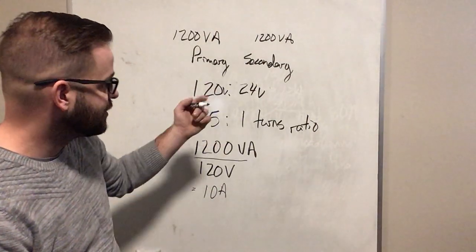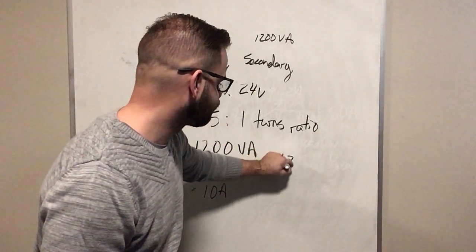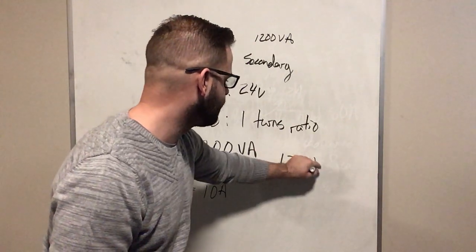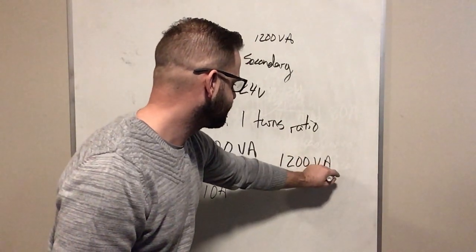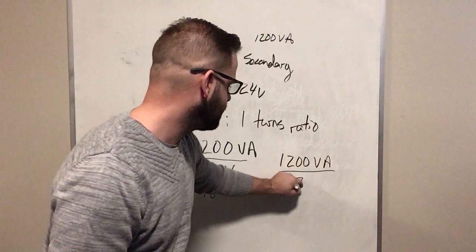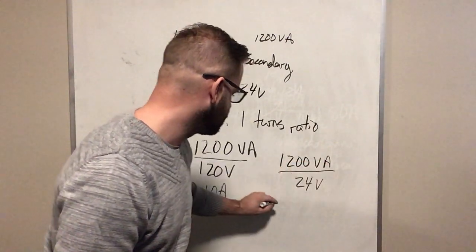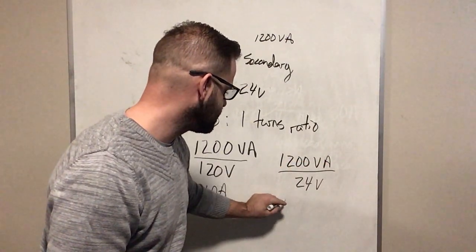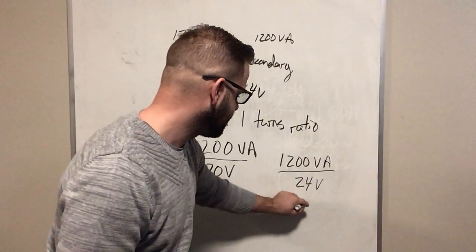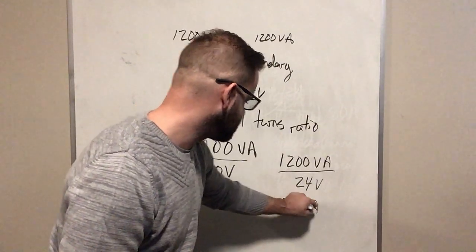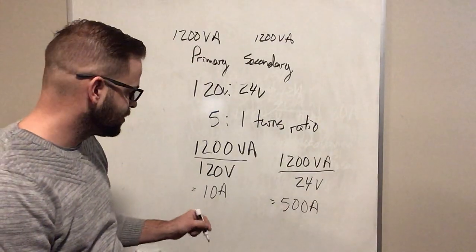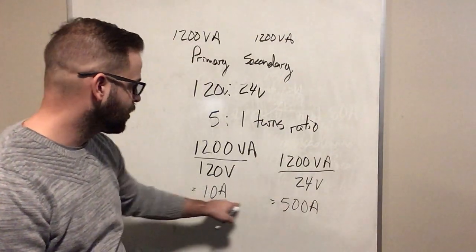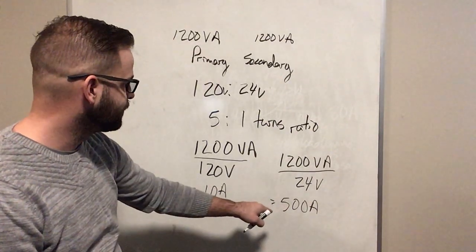So I have to maintain the same amount. So if I do 1200 volt amps divided by 24 volts, that gives me a current of